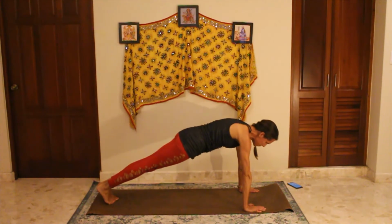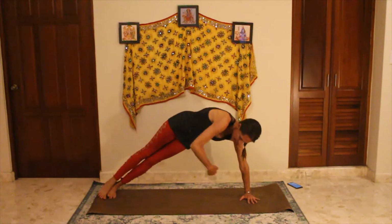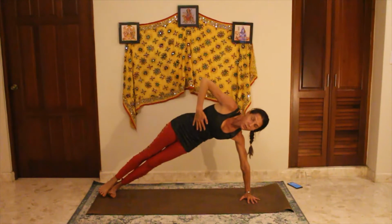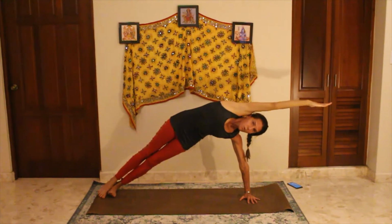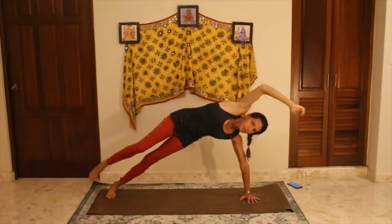We're going to come to side plank again. Let's go left side first. Left hand to the mat, pivoting over. So again, option to drop this knee, option to stack the feet, option to come down onto your elbow here, or your forearm I should say. This time reach the arm overhead, and we're going to bring knee to elbow for 5, 4,